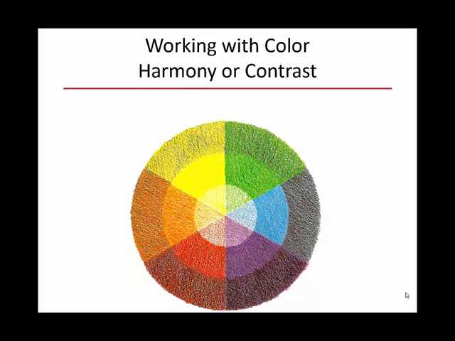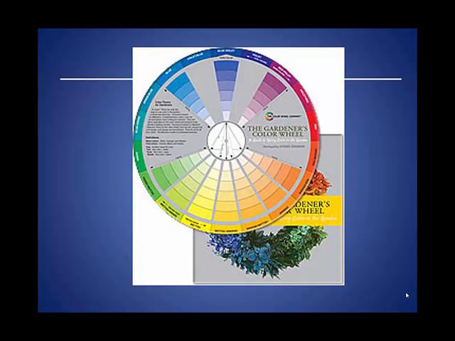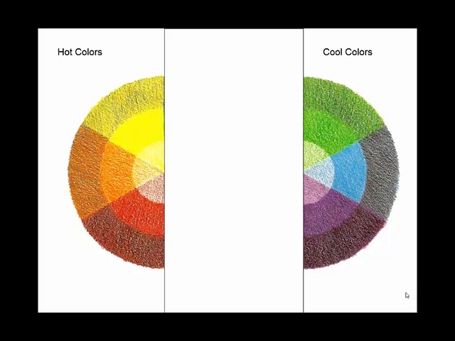One of the ways that you can use the color wheel, and they sell gardeners' color wheels to help people think about this and put things together, is you might choose to just pick plants from this side of the color wheel. So you're only going to use hot colors, things that bloom in yellow or orange or reds. If you do choose to use those colors, they give you the feeling of warmth. They give you the feeling of also closeness. So if you're using them within a small space, they can actually make things feel a little more